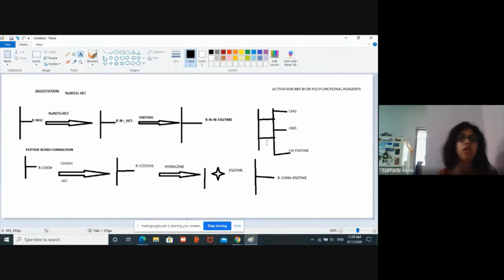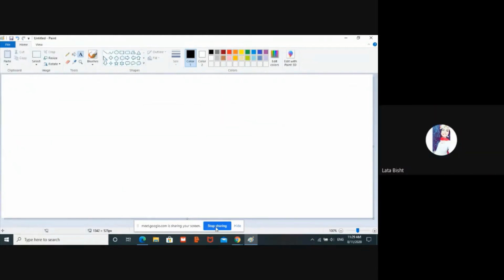Okay. So in all of these four cases, what we have done is we have made covalent bonds using certain chemicals such that these all chemicals can then now attach to the enzyme, forming an immobilized enzyme. The speciality of covalent bonds is that they are stronger as compared to van der Waals forces or hydrogen bonds. Plus, the damage that occurs to the enzyme is minimal. Okay? Clear? Yes, no? Yes, ma'am.